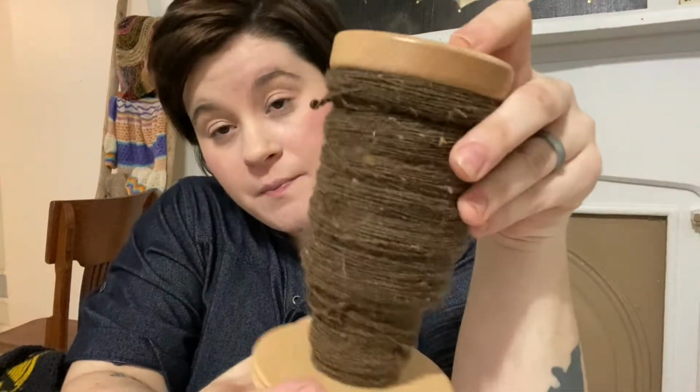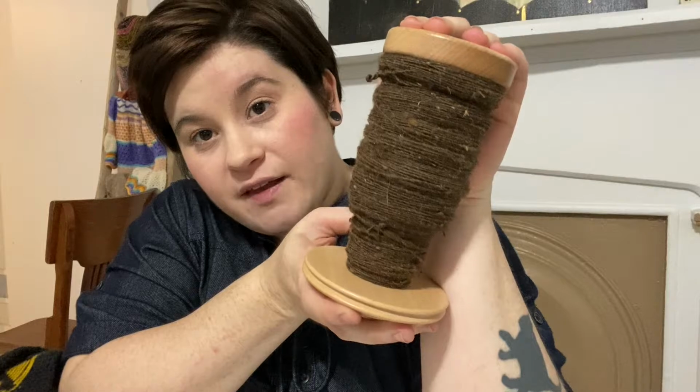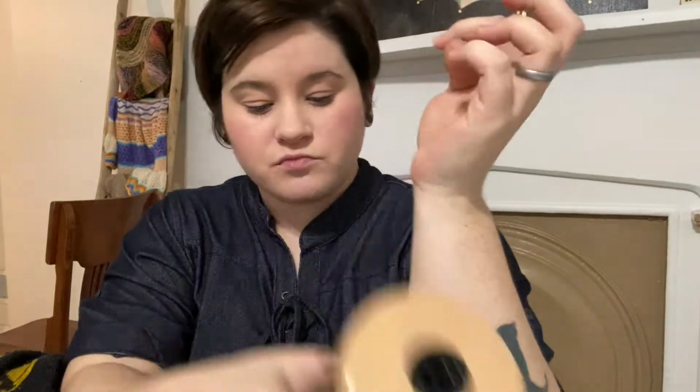All right, my second thing that I'm working on is spinning. I am spinning my Shetland wool from my own sheep. I do have 7 sheep, and they're Shetlands. This is from one of my first girls that I got. This is Mary Brown. Mary Brown is a Maroot